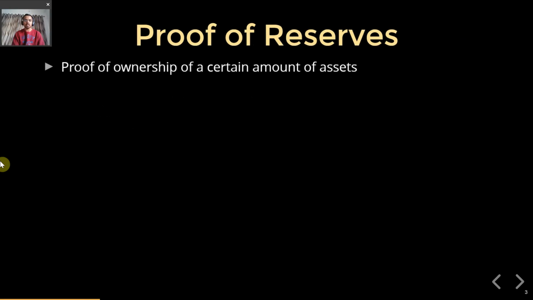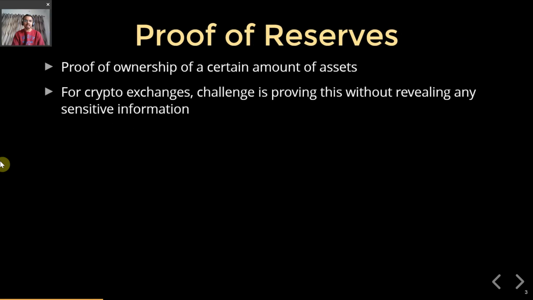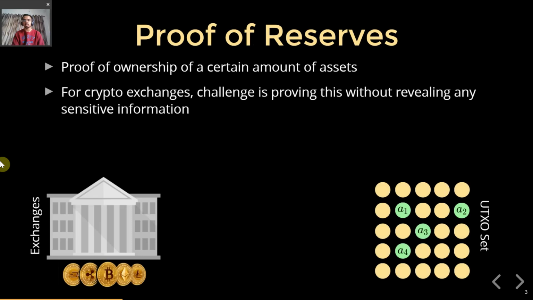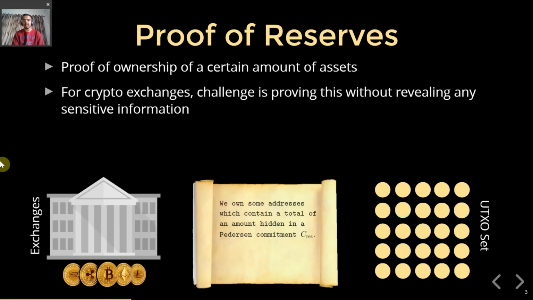So proof of reserves is basically a proof of ownership of certain amount of assets. For cryptocurrency exchanges, the challenge in giving proof of reserves is to do so without revealing any sensitive information. So suppose we have an exchange which wants to prove that it owns certain addresses in the UTXO set, each of which contains some amount. It must do so without revealing what address it owns, and the final proof must look something like this, where